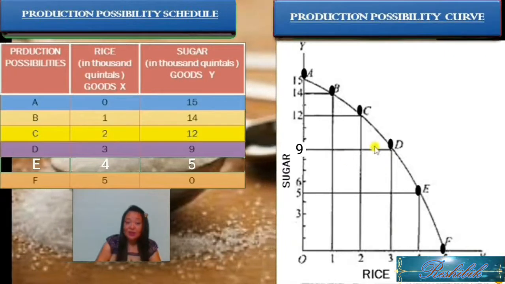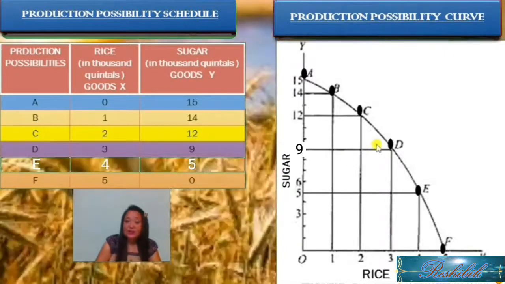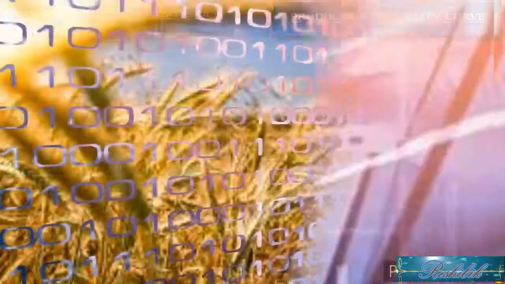With the help of this schedule and graph, what did we see? That the continuous sacrifice in the production of sugar has led to the increase in the production of rice. So we saw that the continuous sacrifice in the production of one commodity leads to the increase in production of another commodity. And this concept, that is the PPC, that is the production possibility curve, is also known as